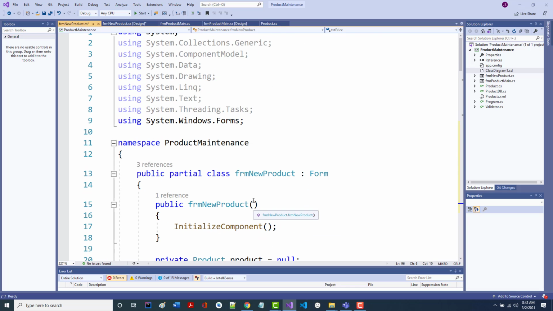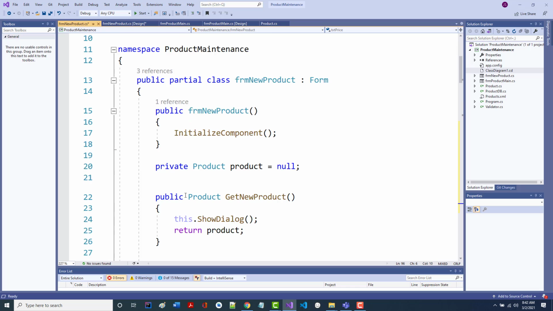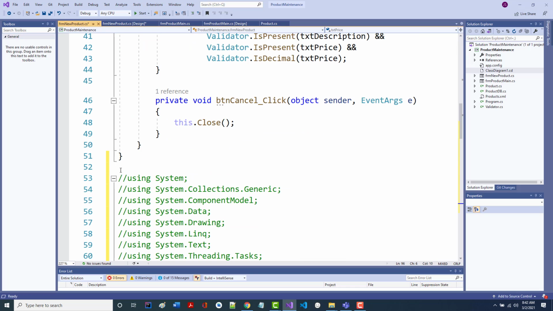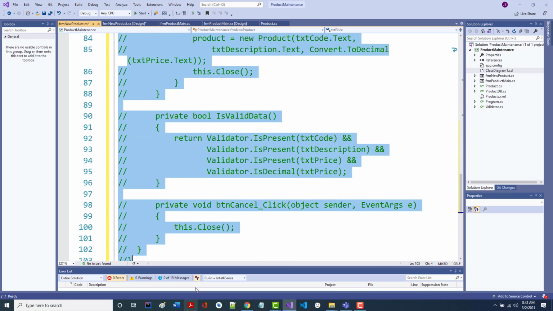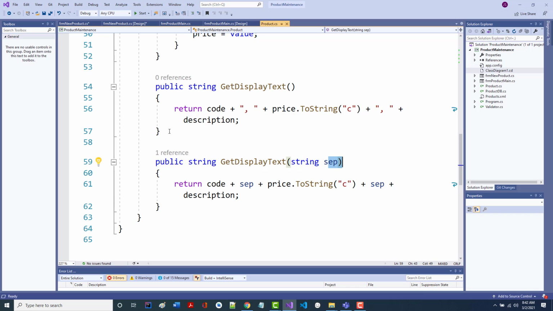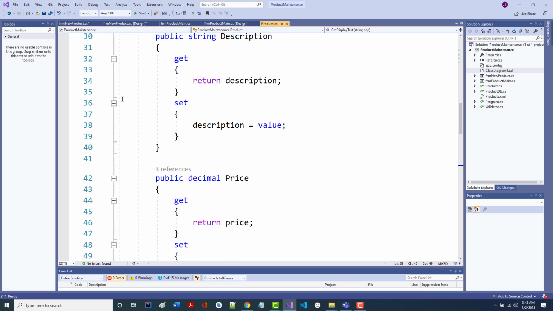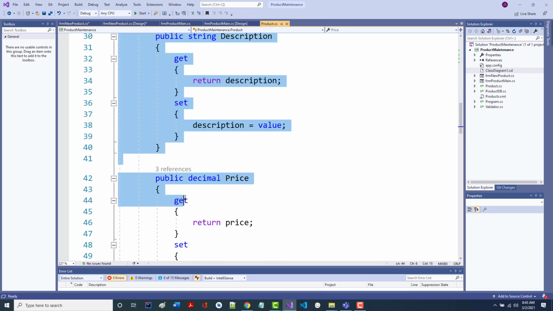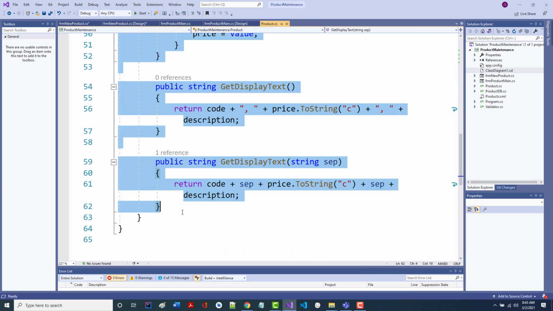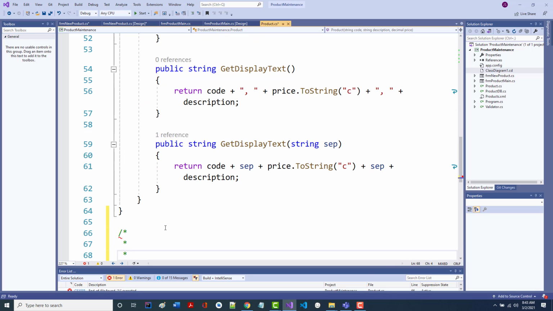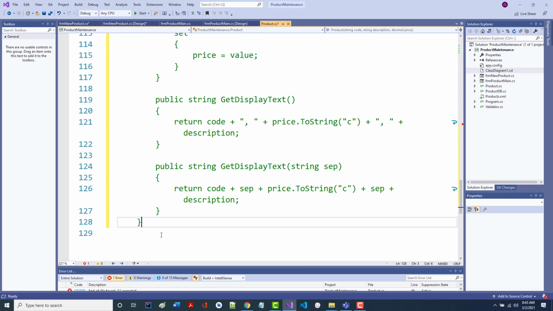In fact, oh no, I grabbed the wrong one. So let me just uncomment all that stuff. There. All right. This is the one I wanted to do, the product. So what I want to do is grab everything that I've got in my product class, everything, up through right there, copy it to the clipboard, then down underneath this, I'm just going to throw it in here.